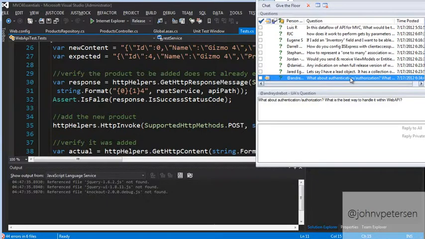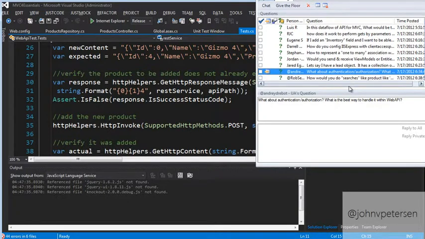What about authentication and authorization? What's the best way to handle it within the Web API? Well, I don't know if there's one single best way. Something I've been experimenting with is encrypted tokens. One way is HTTPS, and IIS Express does that very well.